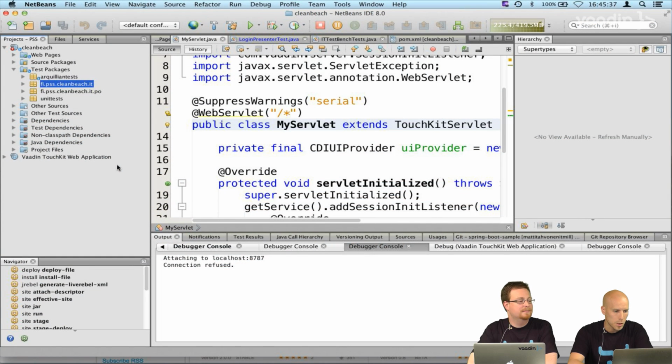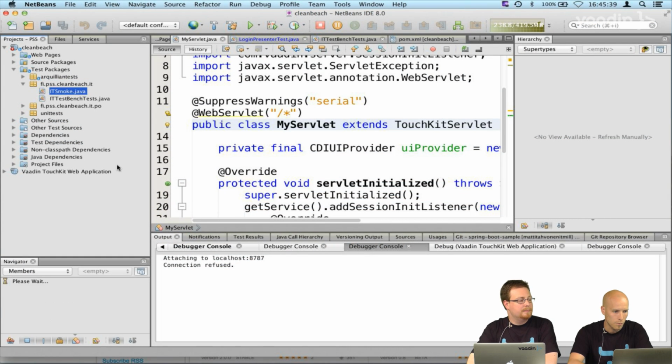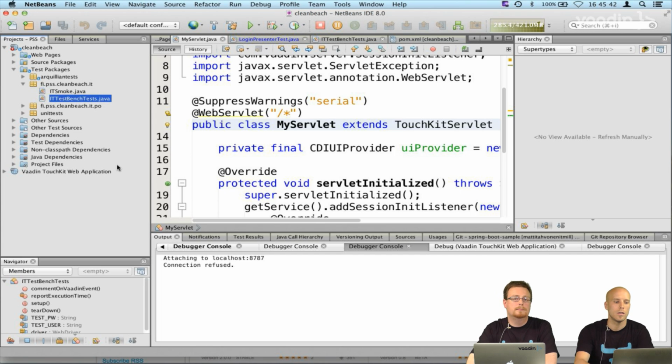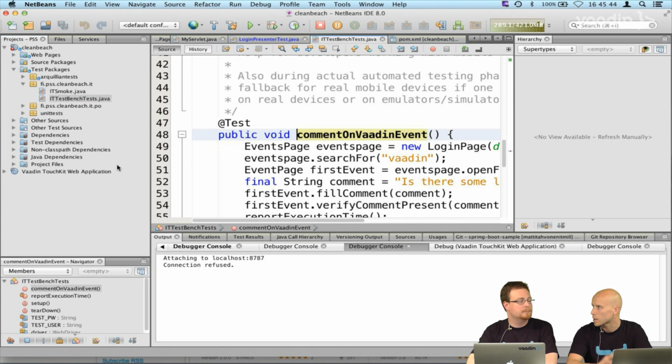So we are using TestBench. TestBench is a Vaadin integration test tool, or automated acceptance test tool, or whatever you want to call it, but it commands browsers. It's really using a real browser to do real things, and it fakes user clicks and then things happen. The real browser sends some events to the server, the server responds and something happens in the browser, and then we can verify that something really is present in the page.